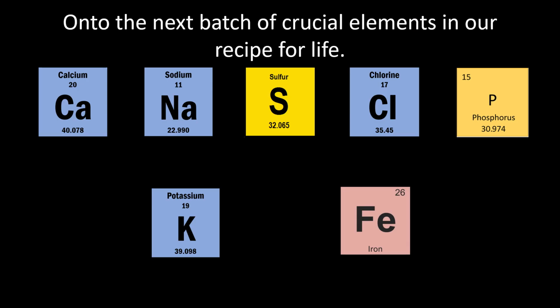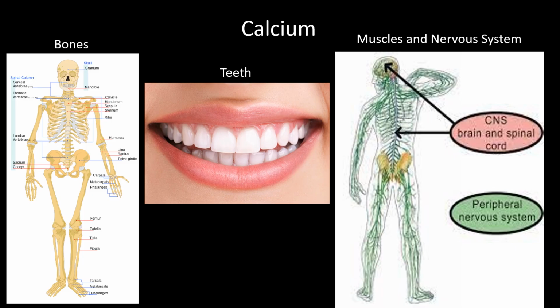Other crucial ingredients. Next on the list of ingredients are the elements calcium, sodium, sulfur, chlorine, phosphorus, potassium, and iron. Calcium is an essential component in human bones and teeth. Calcium also plays a very important function in signaling within our cells, helping to regulate the action of nerves and